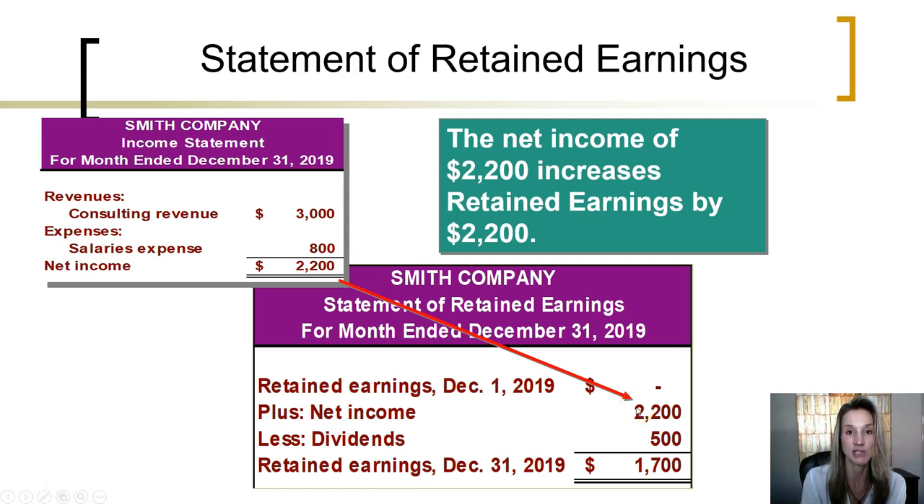Then retained earnings is decreased by the amount of dividends that were paid. During the month ended December 31st of 2019, $500 in dividends were paid and recorded in the accounting system, resulting in an ending balance of retained earnings, $1,700. Again, single line, subtotal, double line, final total. Now that we've seen the first report, income statement, the second report, statement of retained earnings, let's examine the third report,